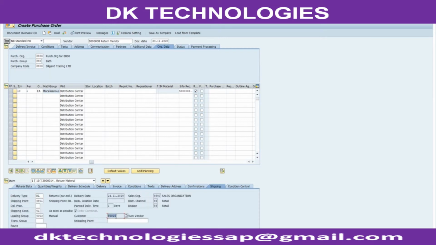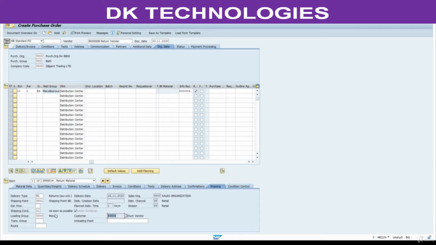See, this is a customer number. Customer created for this vendor to follow this SD process. This condition 01 is maintained at the time of creating vendor master. This loading group is part of a material master. This shipping condition we maintained at the time of assigning the shipping point. This RL we did the configuration. The sales organization, distribution channel, division we did the configuration. We assigned these three to plant. Hope you understand. Now next step, check for consistency.